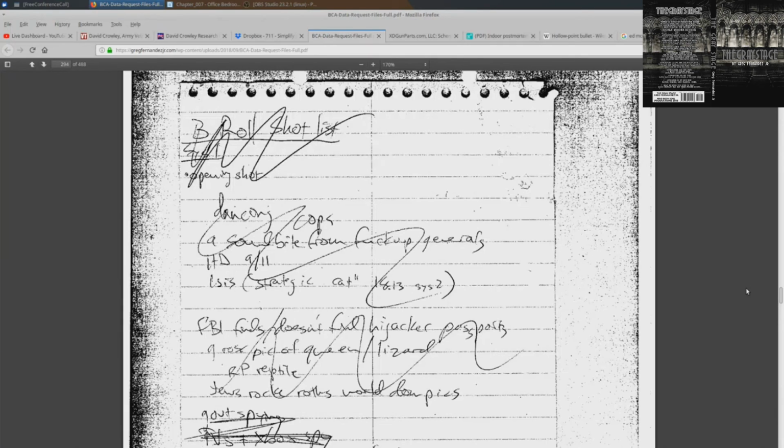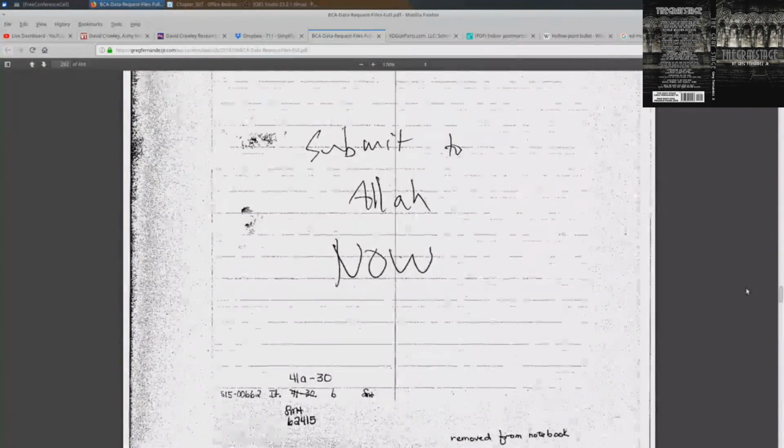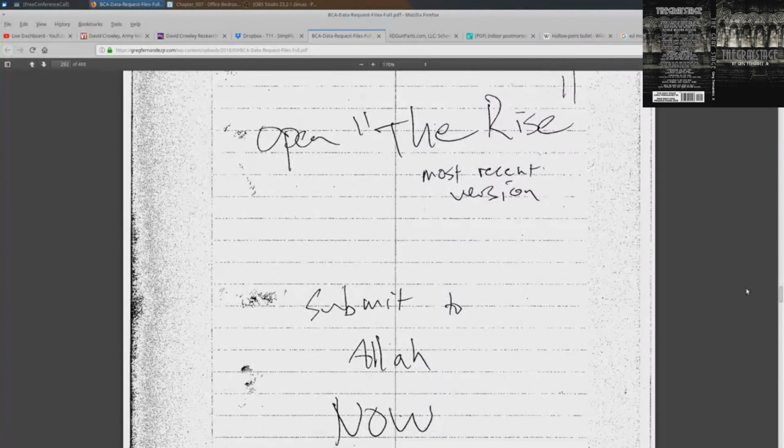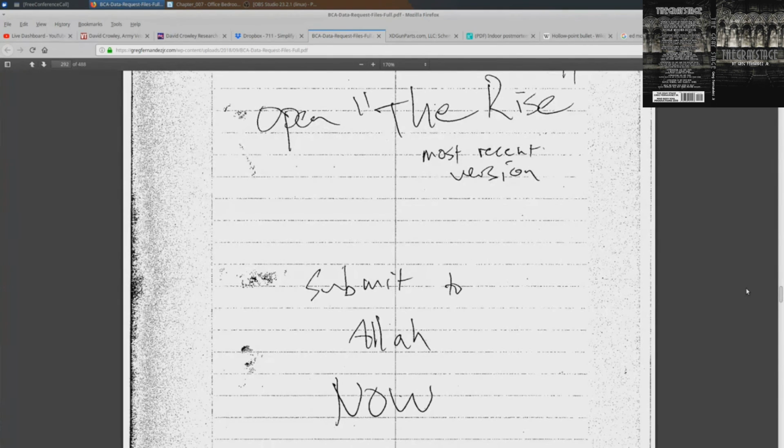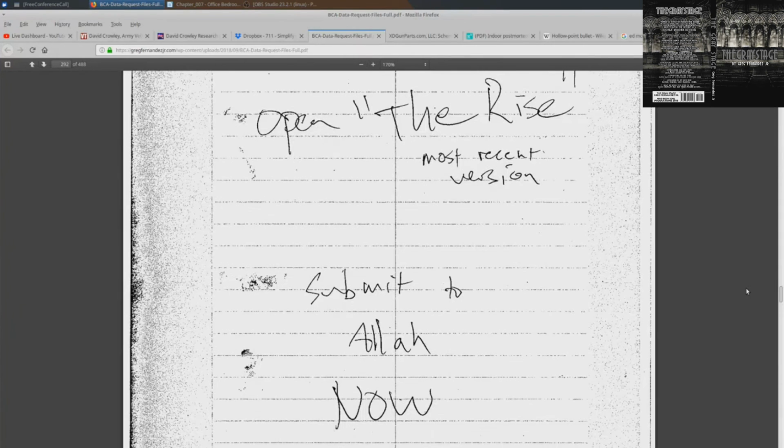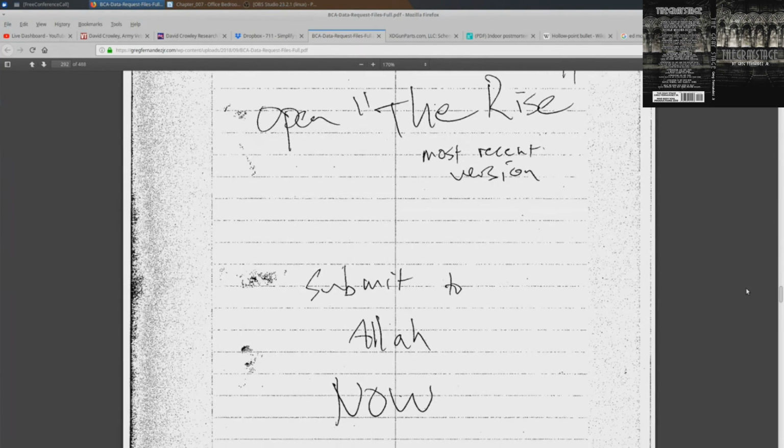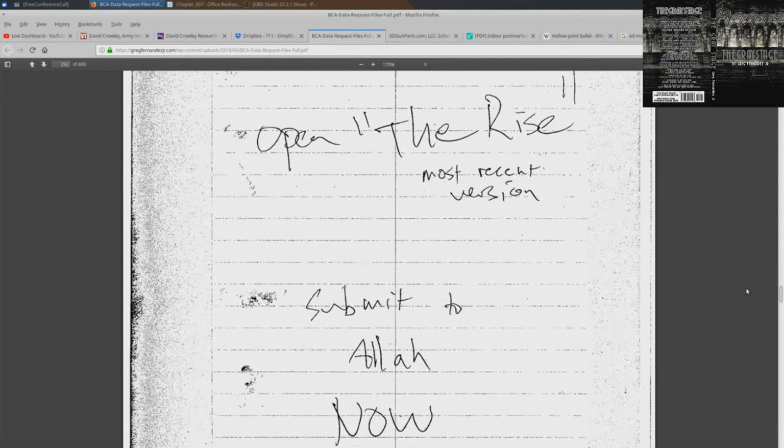I think it would be really interesting to see who actually wrote that. Sorry, page 292. To see who actually wrote the most recent version, "submit to Allah now." Who actually wrote that, and what type of proof could we actually get? Because I have no problem saying that David wrote it, but at this point I can't say that. Nobody can say that. So those tests need to be done, and obviously the Apple Valley Police Department and the investigators are not going to do it. But something like that needs to be done to find out who actually wrote this.